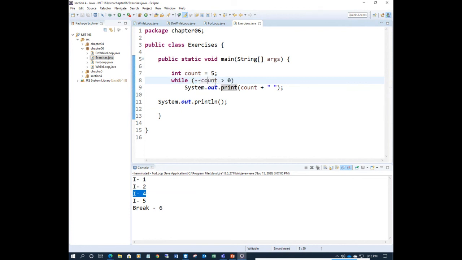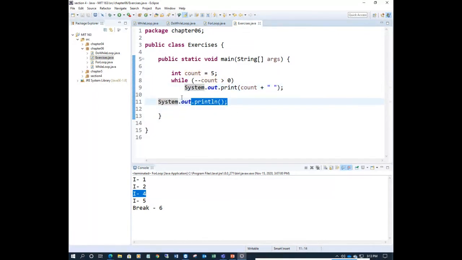So print 4 and space, then it will come to the same loop again. There's no updation inside the loop. You see how they write it here. Now it will become 3. 3 greater than 0, true. Then print 3, so the answer is 4 and 3, right? The next 2. 2 greater than 0, true. Then 1 greater than 0, yes. So the answer is 4, 3, 2, 1. Then 0. 0 greater than 0, false. This false means the body will not execute. It will come directly here and print a new line.